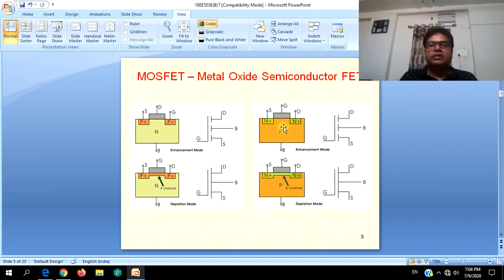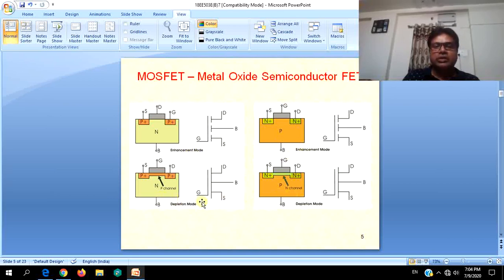Likewise, it is shown in the same way for NPN, no connection here, as if they are connected with a short. And these two configurations, PNP and NPN, are called enhancement mode MOSFETs,